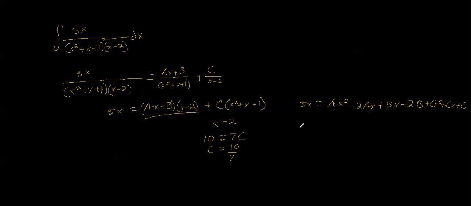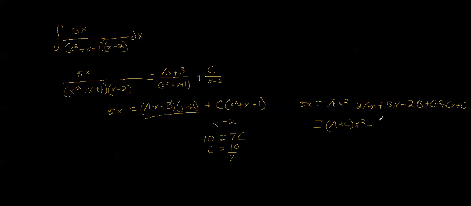And then we can simplify this further by factoring the x squareds and the x's. So when we factor this, we are left with a plus c times x squared